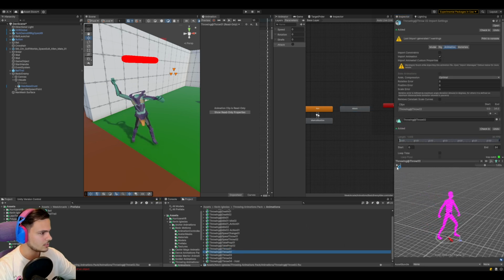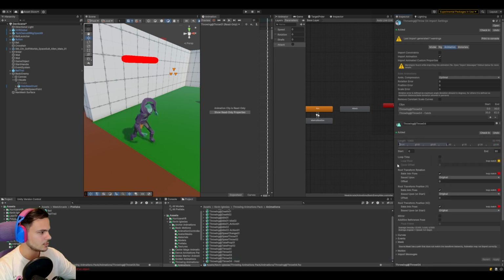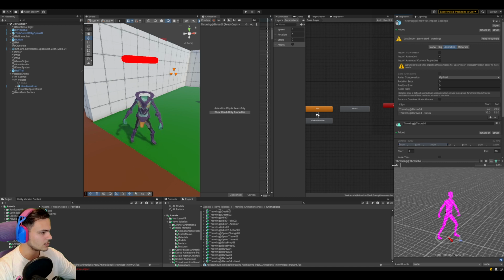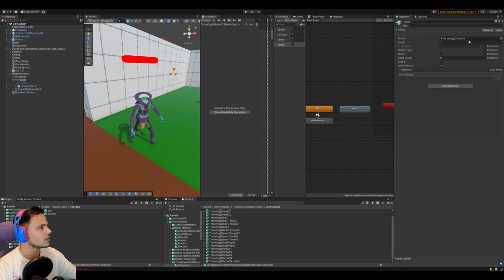Row 1. Row 2. Nope, that's underhand. That is also not what we want. Nope. 4. Oh, where did that go? Okay. All of those are underhand. The only overhead throw is this. So it's going to be throw 1. So we need a transition